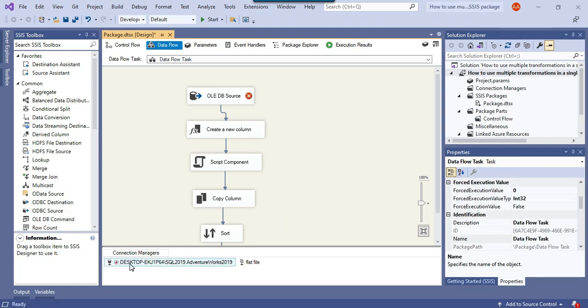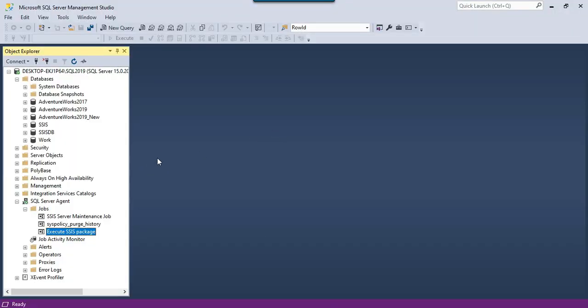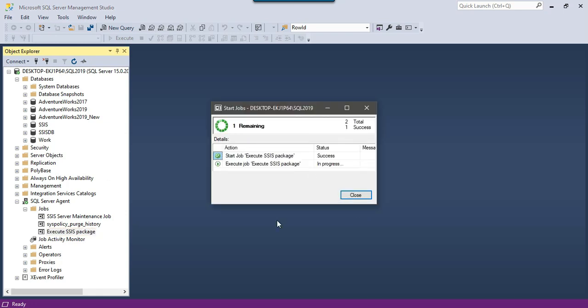So you can see that it has actually disabled this connection, but that is fine. I can just save the SSIS package, and now I will go back to the SQL Server agent job and I will run it. So this time the SQL Server agent job should fail, because it is trying to connect to an unknown SQL instance. Okay, so you can see that as expected the SQL agent job failed.